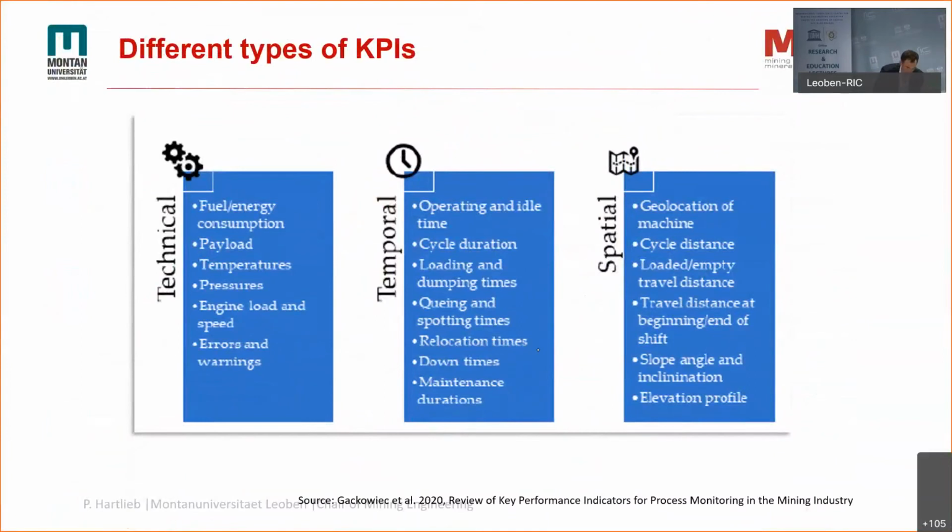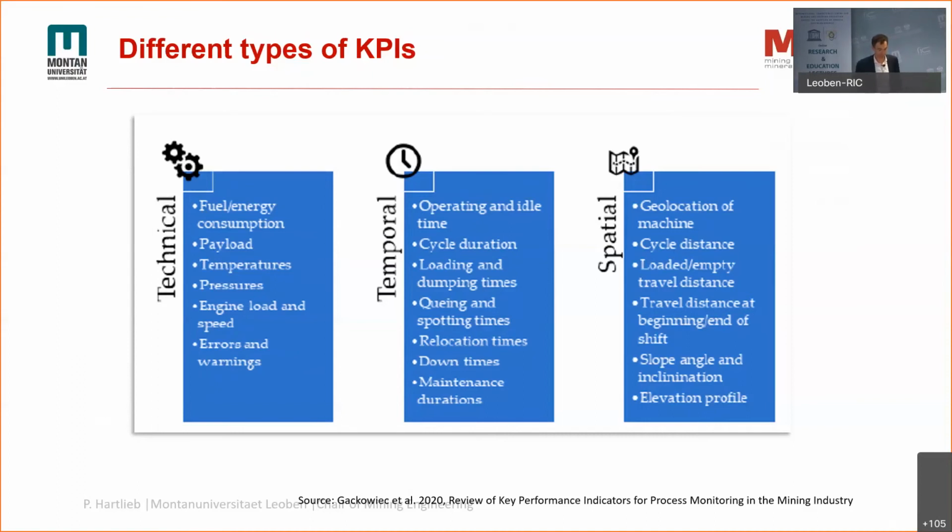When you take a look at that from a different perspective, we have had the technical parameters, we have the temporal and the spatial parameters. We mentioned mainly technical and temporal parameters in the previous slides, but spatial is also very important. The elevation profile, for example. So how high do you have to go? So with the full haul truck, do you cover 10 meters, 100 meters, or 1,000 meters of altitude change? It's a huge difference in fuel consumption and efficiency. Your slope angles, your travel distances, they all play a role there when you take a look at those KPIs,